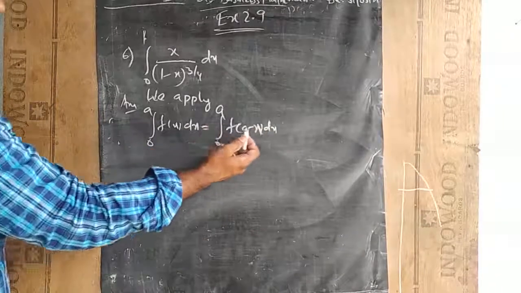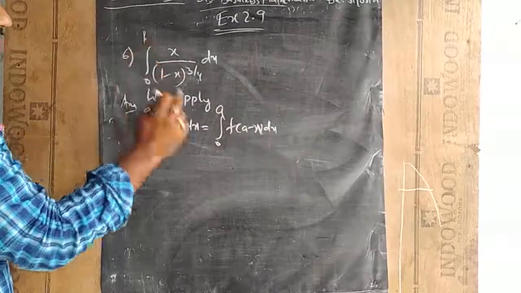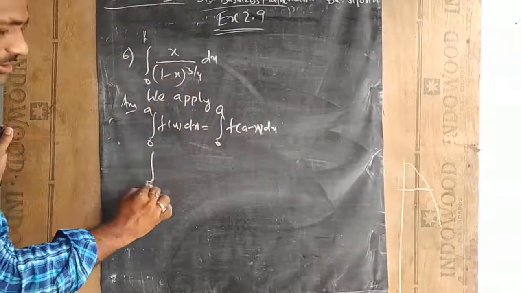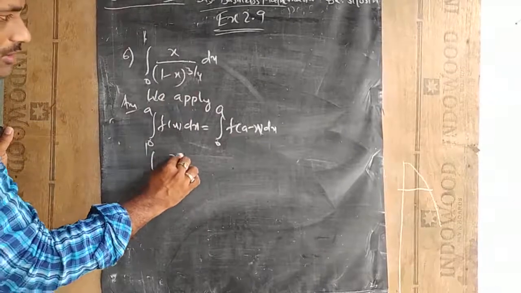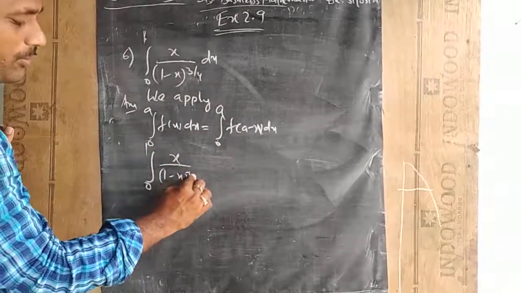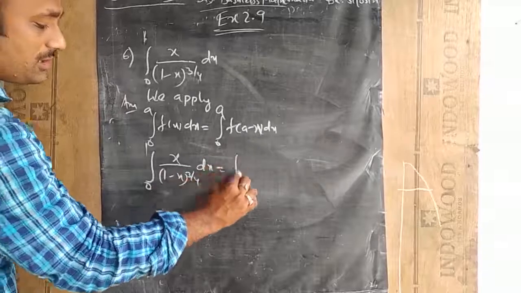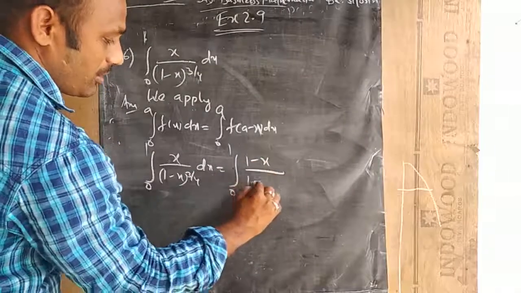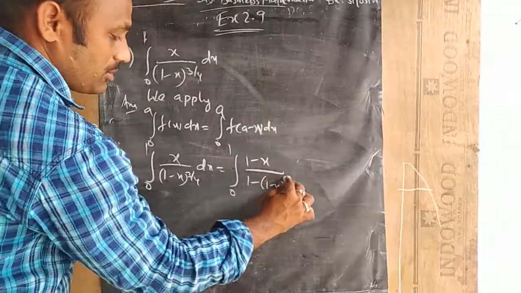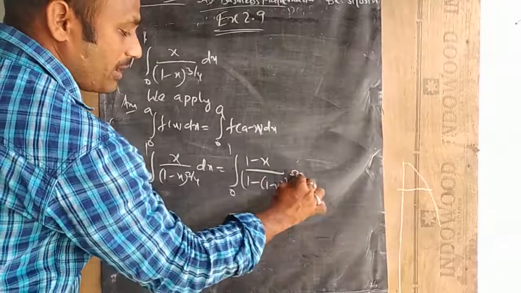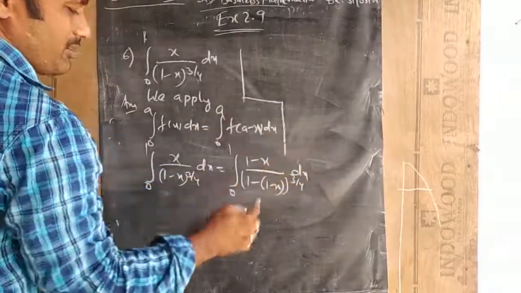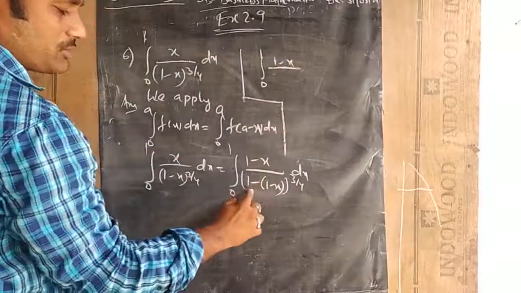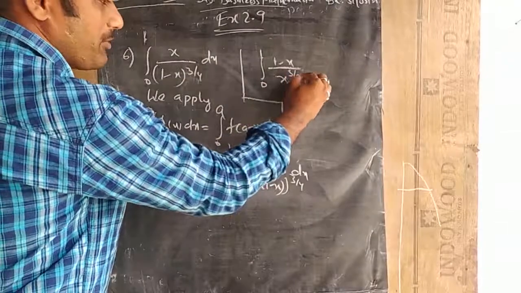So in place of x, we are going to replace a minus x. Here a value is 1, so we are going to replace 1 minus x. Wherever x is there, we have to replace with 1 minus x. So this is the question. Integral 0 to 1 (x by (1 minus x)) whole to the power of 3 by 4 dx is equal to integral 0 to 1, x means I have to write 1 minus x. So (1 minus x) whole to the power of 3 by 4 dx. So here integral 0 to 1, in the numerator 1 minus x, so 1 gets cancelled, x to the power of 3 by 4 dx.